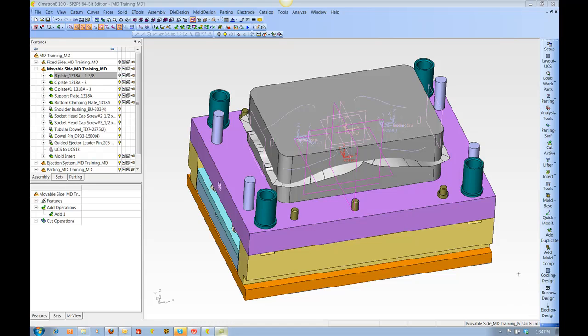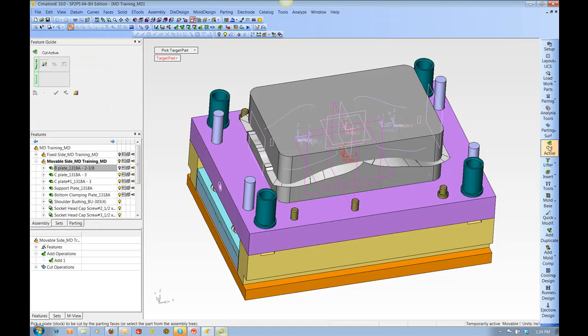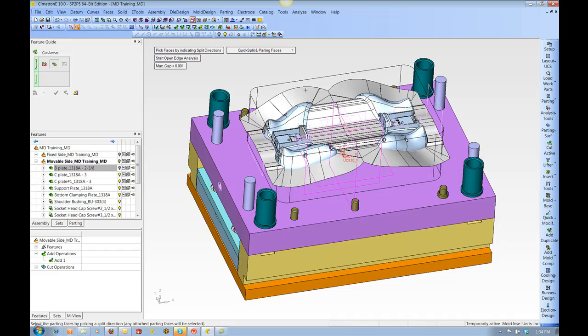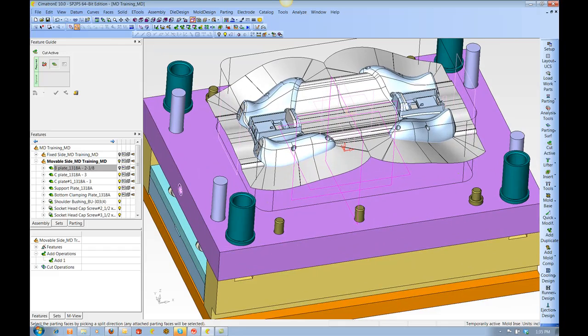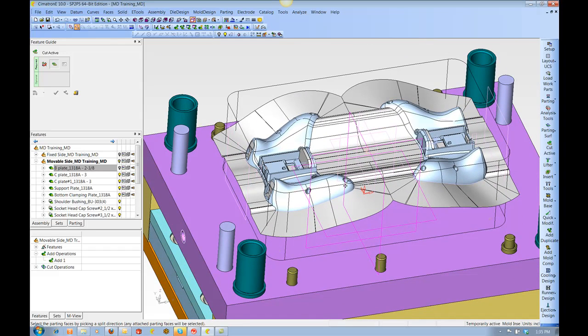Alright, so how we cut the insert with the parting faces is cut active. So I'm going to pick cut active, and in the lower left down here it says pick a plate or a stock to be cut by the parting faces, or select the part from the assembly tree. So I could pick it over here, or I can pick it on the screen. When I pick it on the screen or over here, it turns to a wireframe mode so that I can easily pick through it. And now in the lower left it says select the parting faces